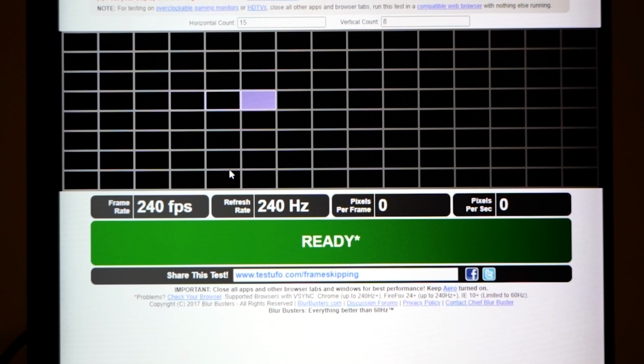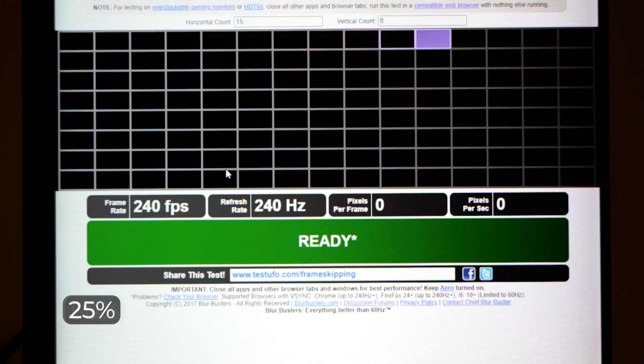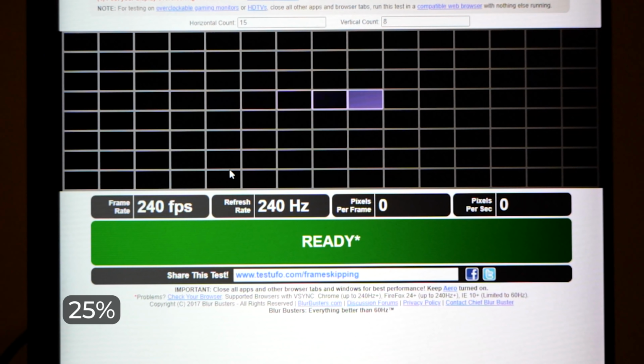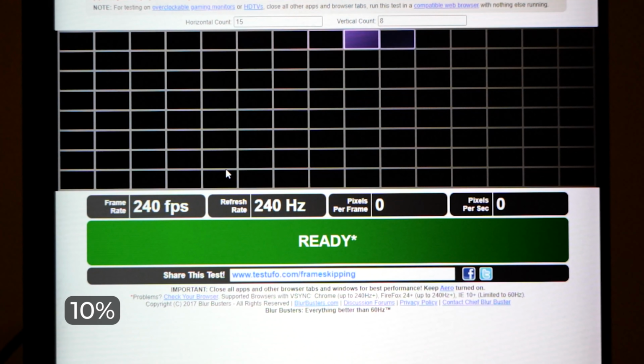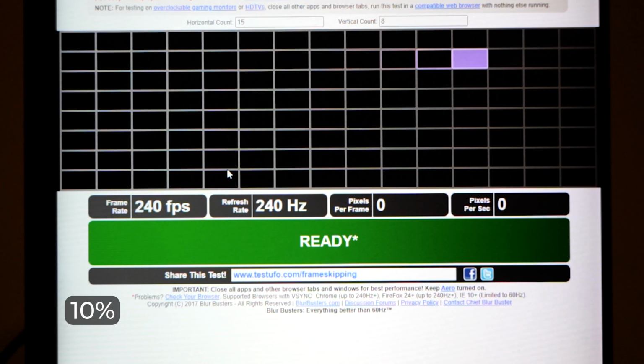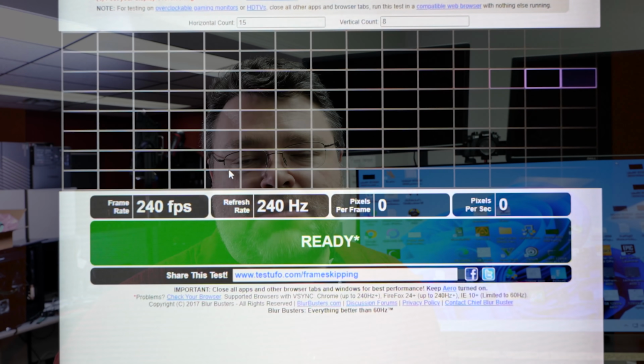We can see some visual artifacts here. The square looks a little purple, or the color looks a little off. Now, this is supposed to be a gray square, but going from black to gray, it doesn't quite have a chance to turn gray. Some of the colors are faster than some of the other colors, and that's why it doesn't look gray. But this is a pretty good showing for this panel.